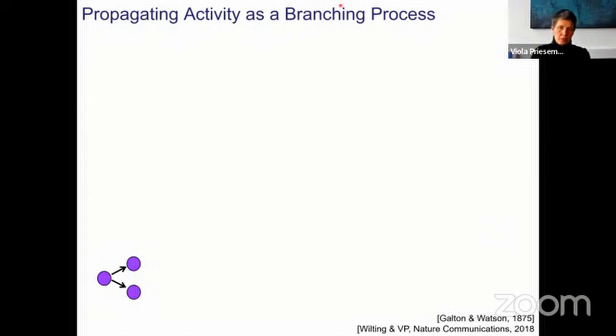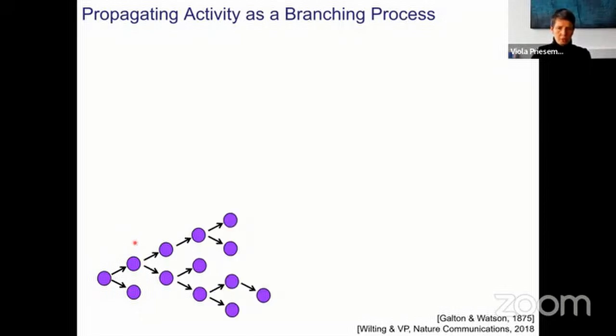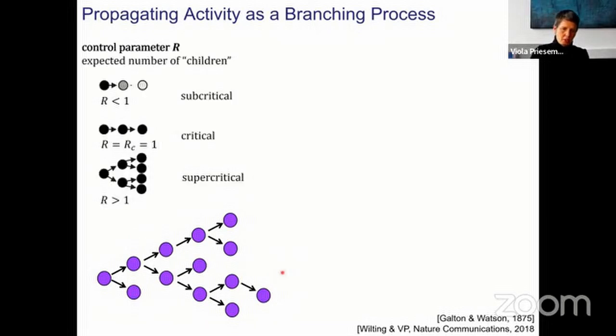Spreading dynamics and branching processes date back to Galton and Watson in 1875. So it's quite an old concept. They quantified the following question. If there's, let's say, an infected person, and that infected person in the next stage infects a random number of persons, then there might be a chain of infections spreading through the system. How can we describe that chain, and how can we define whether or not this chain is critical or subcritical?